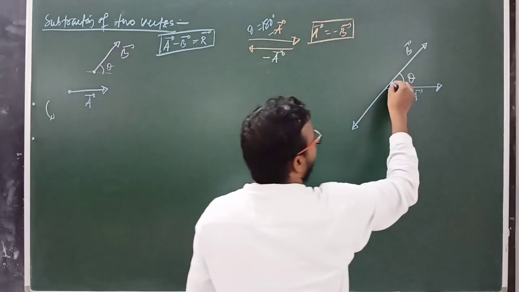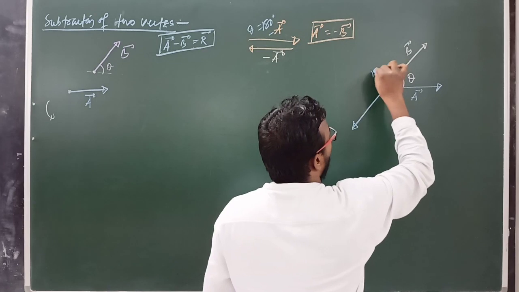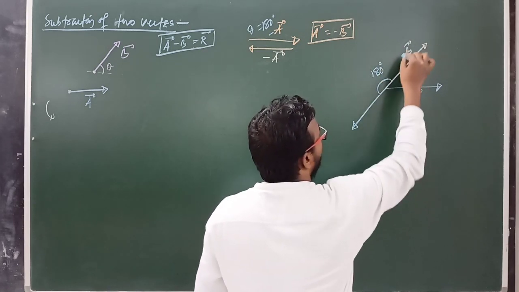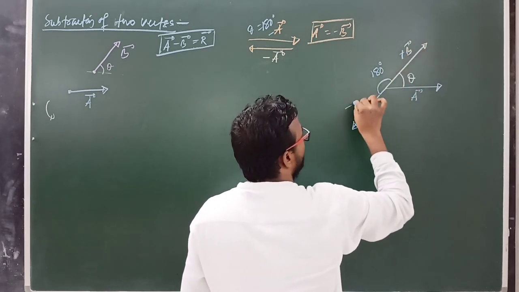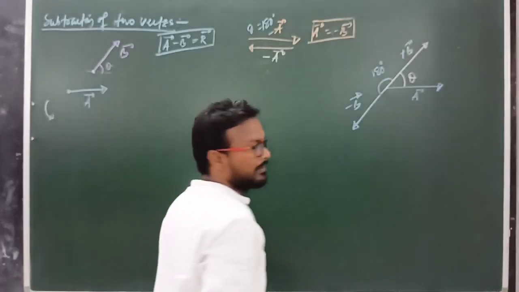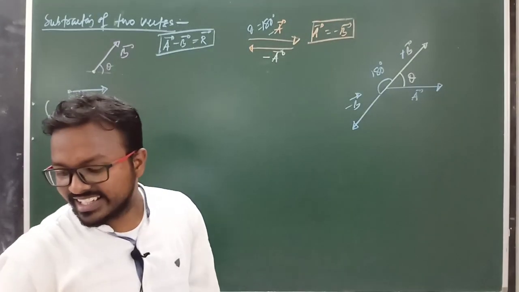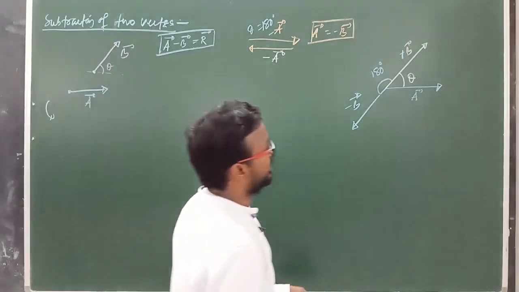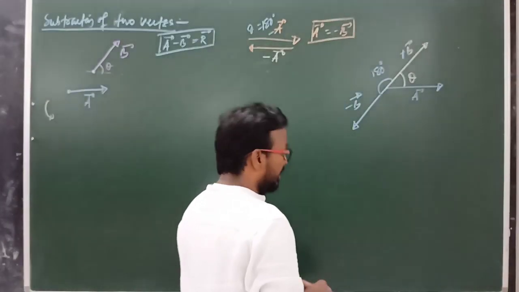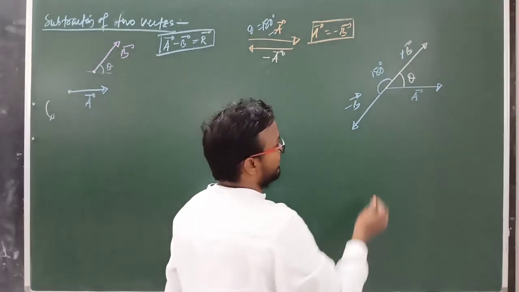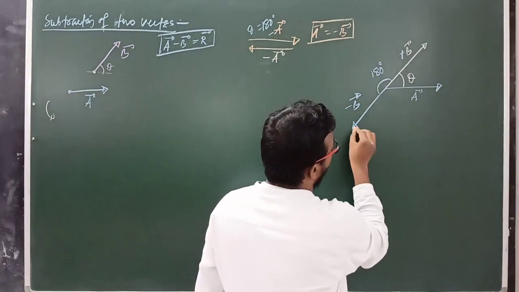180 degree, and here the angle is also 180 degree, and this is plus B and this vector is known as minus B vector. Now we have to find the resultant of A vector and B vector. First we have to draw a parallelogram condition. You can say this is a parallelogram,